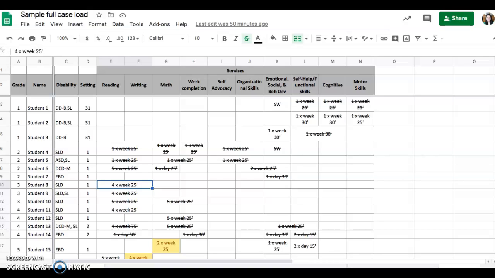How do I determine the amount of minutes I will meet with my students? Well, that's going to depend on every single teacher. It depends on their caseload and on the amount of minutes that every student has in their IEPs. So no teacher is going to have the same amount of minutes of direct instruction, as we all have individualized